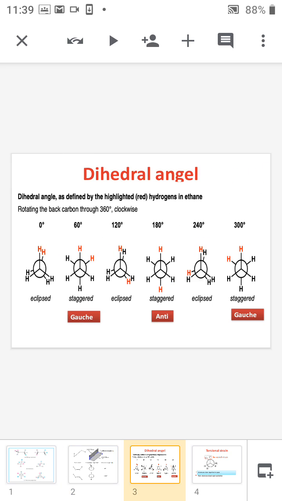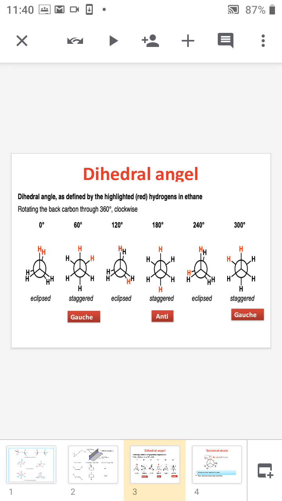Now we are moving into the different conformations of ethane. Here in the Newman representation, the front carbon atom is represented as a dot and the back carbon atom is represented as a circle. The front carbon atom is stationary and I am going to rotate the back carbon atom. If you rotate, the position of the hydrogen, which is shown in red color, changes. So in the first conformation, both hydrogens are just behind each other,